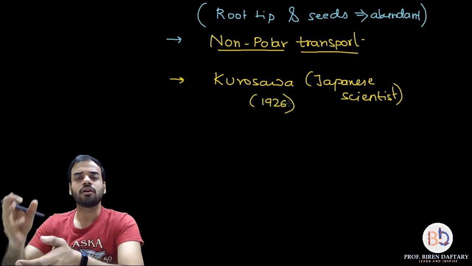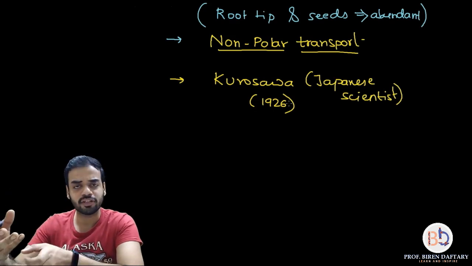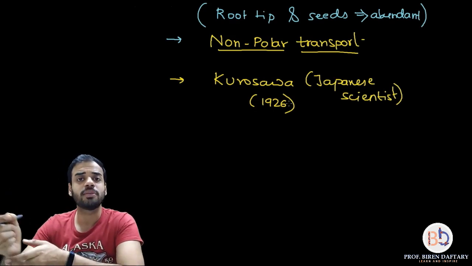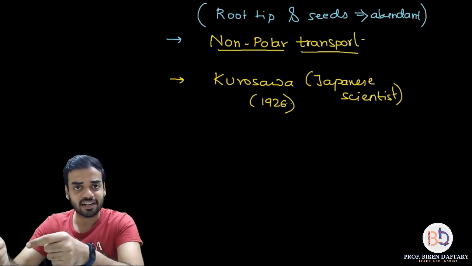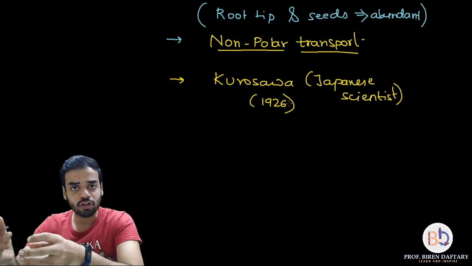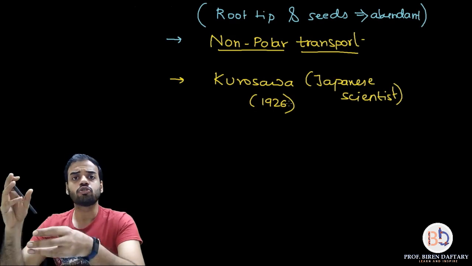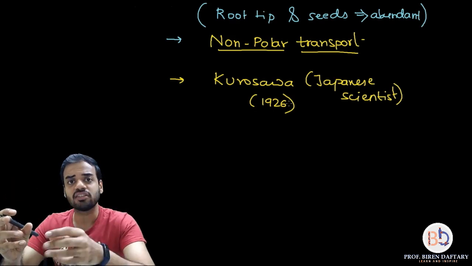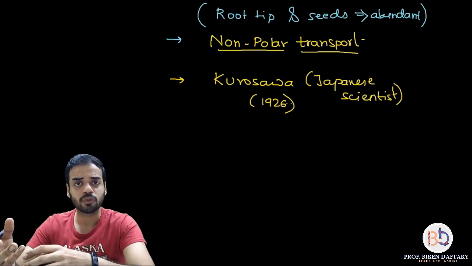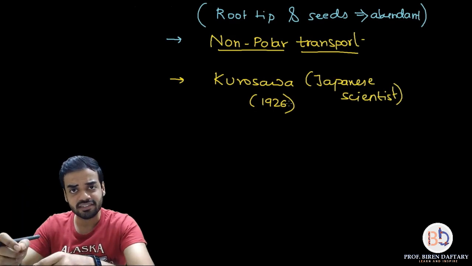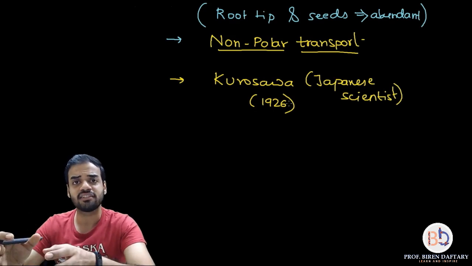So how did Kurosawa discover gibberellins? He observed that a certain kind of fungus, I will tell you the name of that fungus later on, basically infects the rice plants. When the fungus infects the rice plant, there is a disease which occurs in the rice plant called Bakanae disease. I will write that down later on. In this disease, the length of the stem increases quite a bit. Basically in that fungal disease, the length of the stem of the rice increases a lot, and that is called Bakanae disease.